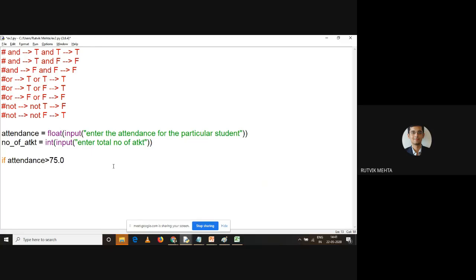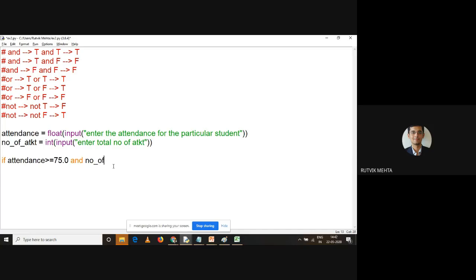If attendance is greater than, and I can say equal to also because we are allowing students who have 75% attendance. So attendance greater than or equal to 75.0 joined with a condition. These two should be satisfied together.